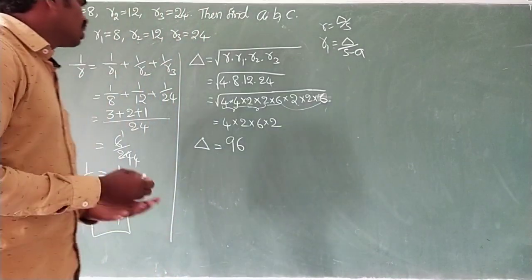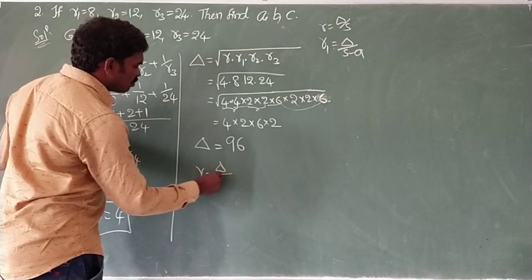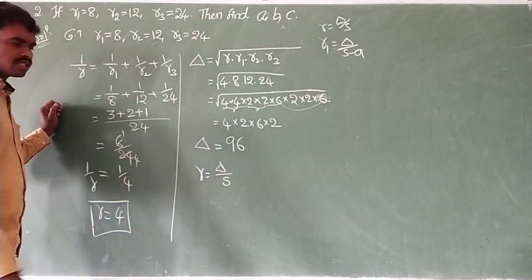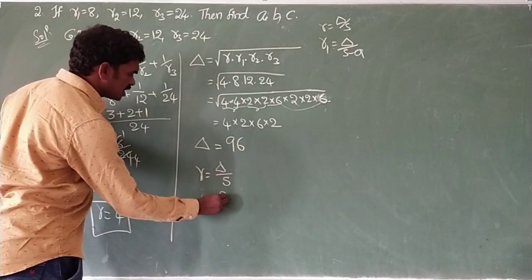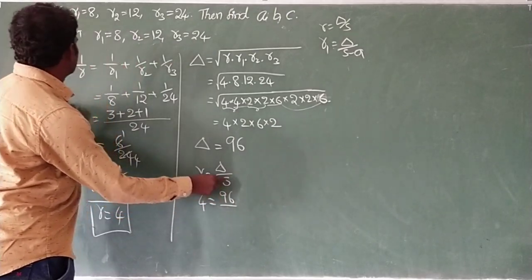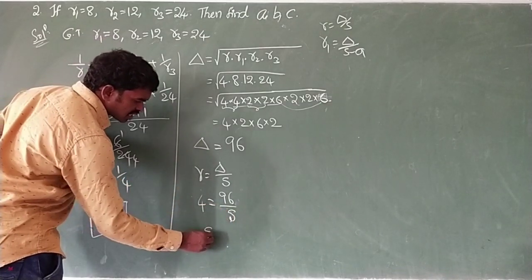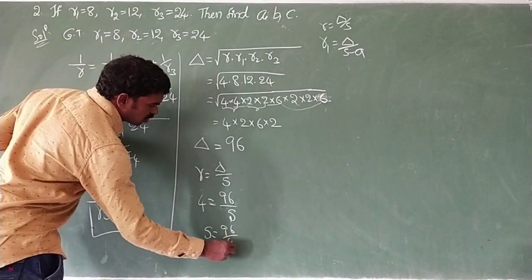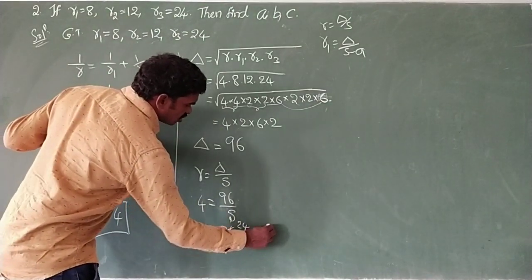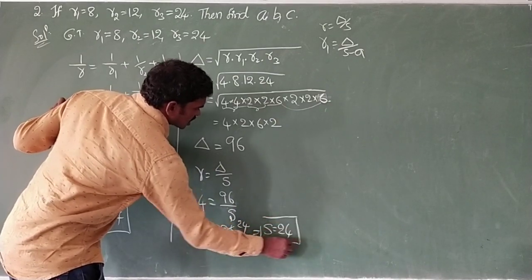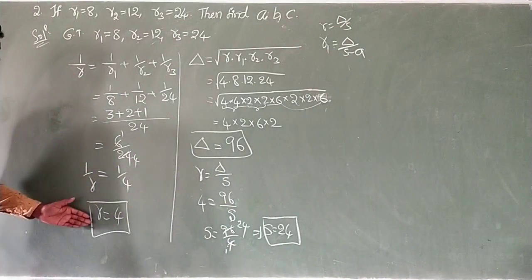Check it. Yes. Now what is the first formula? Small r equals delta by S. What is small r? Small r is 4, and delta is 96, so 4 equals 96 by S. What is S? S value we don't know. Write as it is, S bring left side. If it comes here, S is equal to 96 by 4. Now 4 1s are 4, 4 2s are 8, 4 24s are 96. So what is S value? 24. Yes, we got all values. Delta value got it, S value got it, and r value got it.